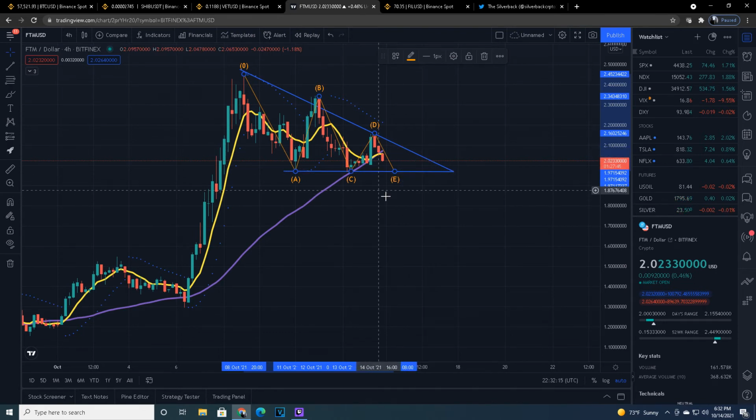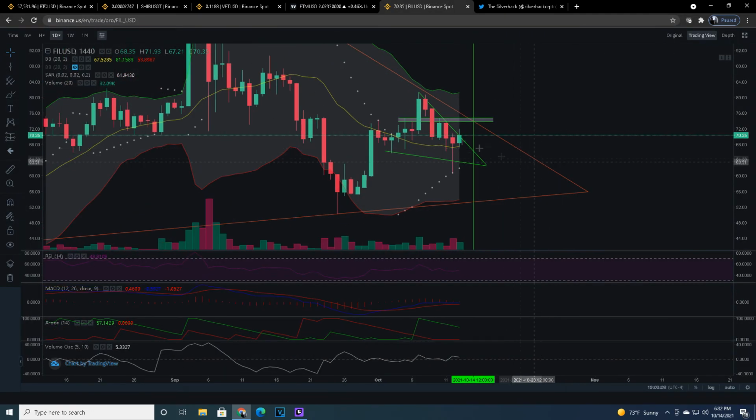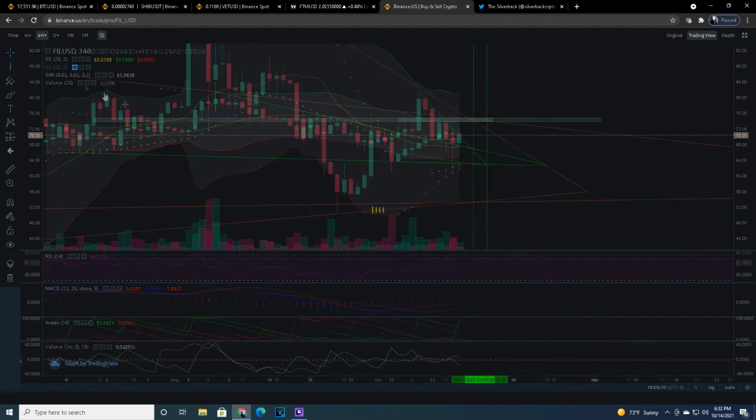At this point, it's a watch. I'm just watching this. I like the way this looks so far, even though I'm not totally sold on descending triangles, but coming in from a bullish scenario, coming from the bottom, typically will run up. Definitely worth looking at, definitely worth keeping an eye on. And FIL, this on the 4 hour,